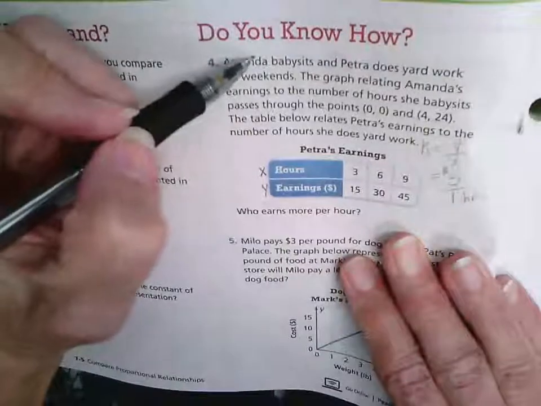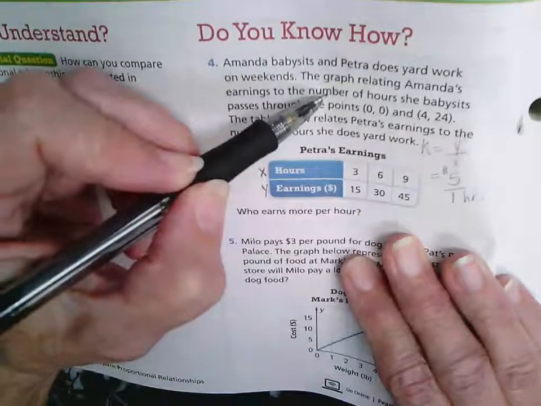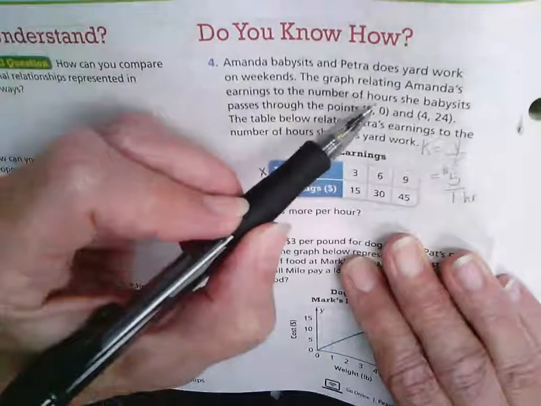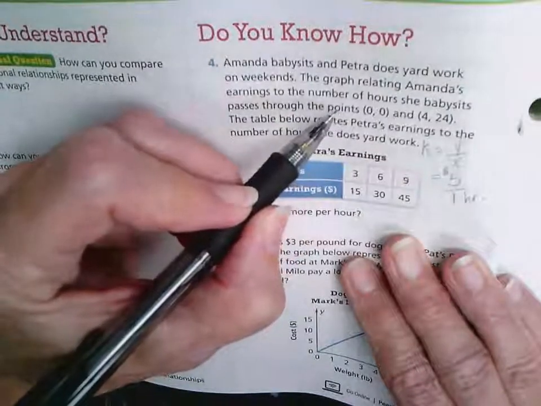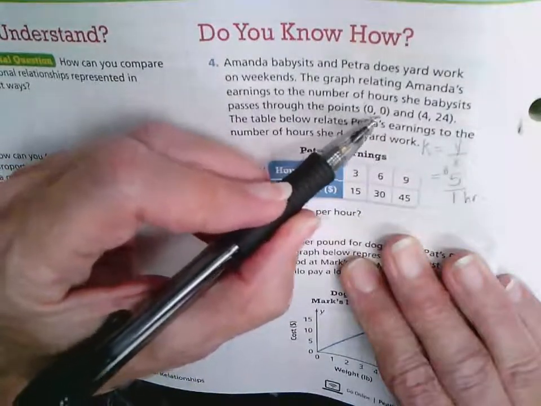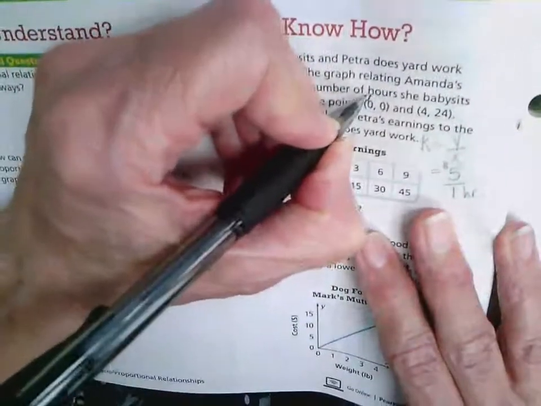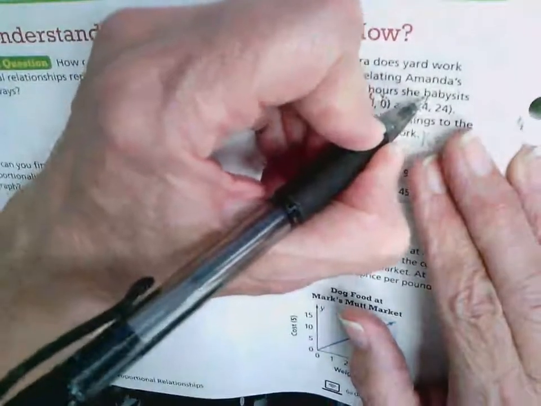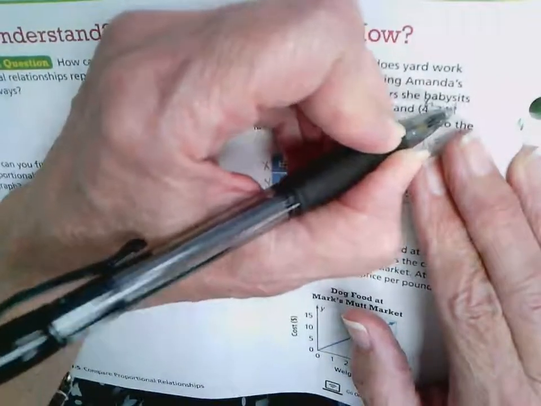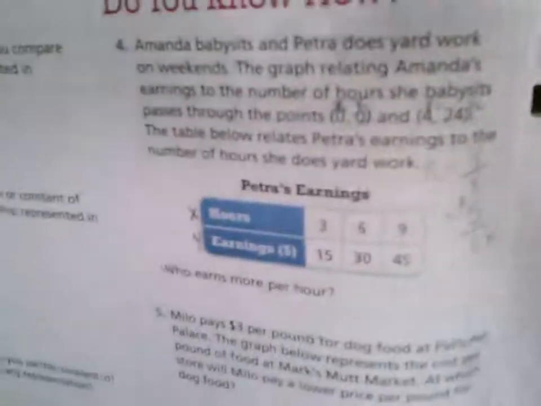Now, Amanda, we don't have a table, but they're telling us that on the graph there's a line, and when that line is connected, it passes through the point (0, 0) and (4, 24). So I'm going to label this as X1, Y1, and I'm going to label this point as X2, Y2. And remember, those little subscripts just indicate that this is